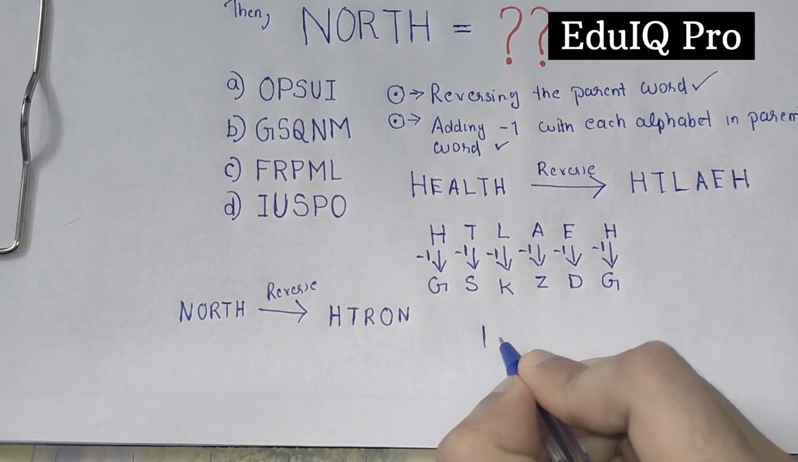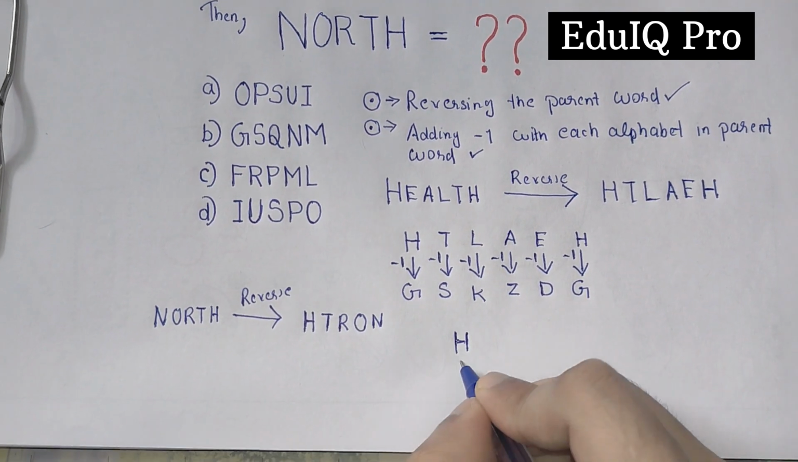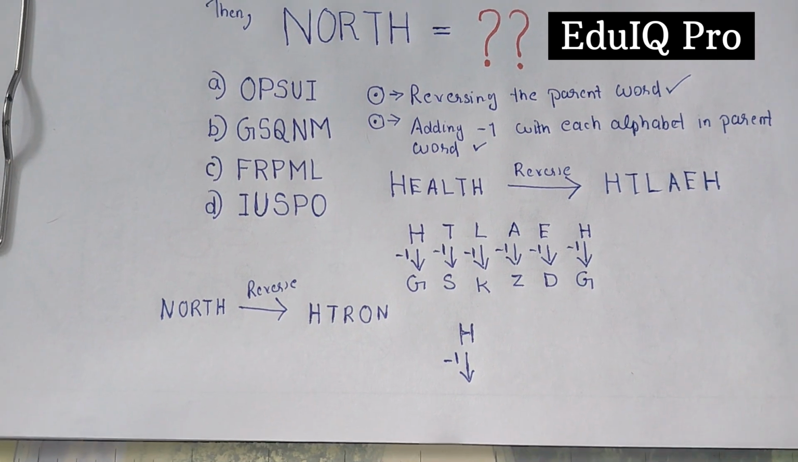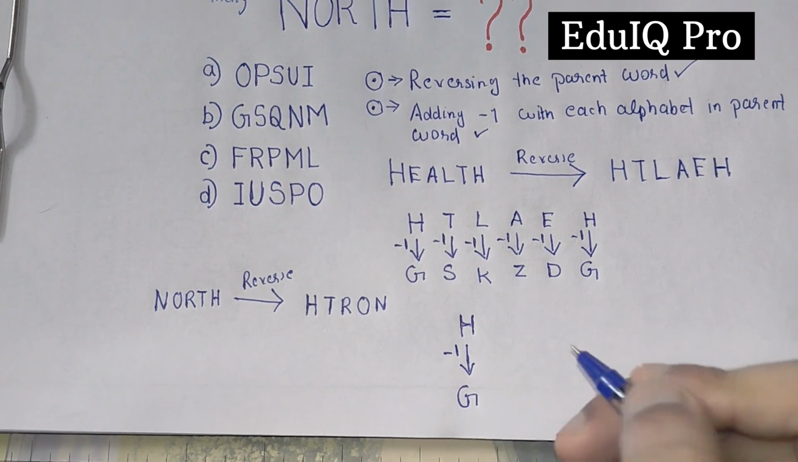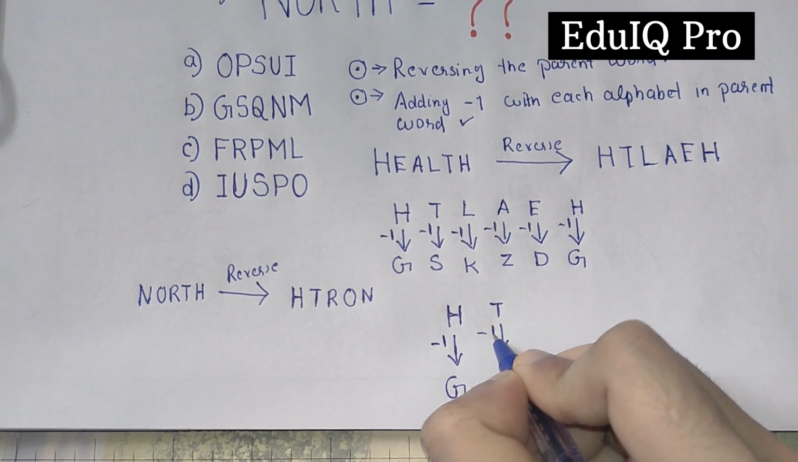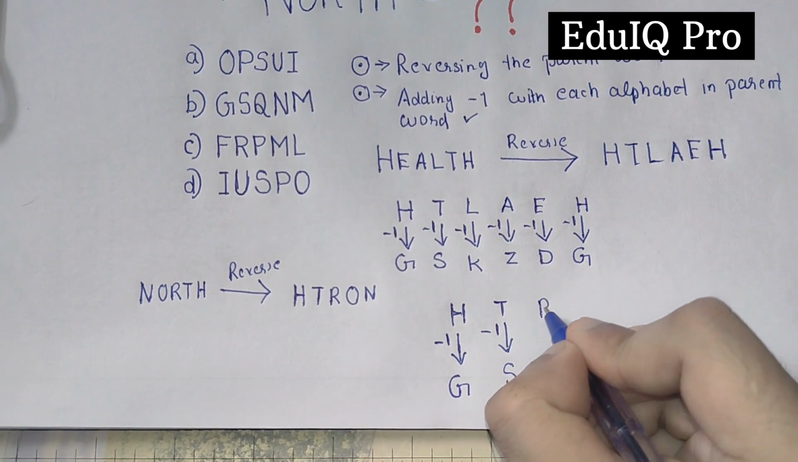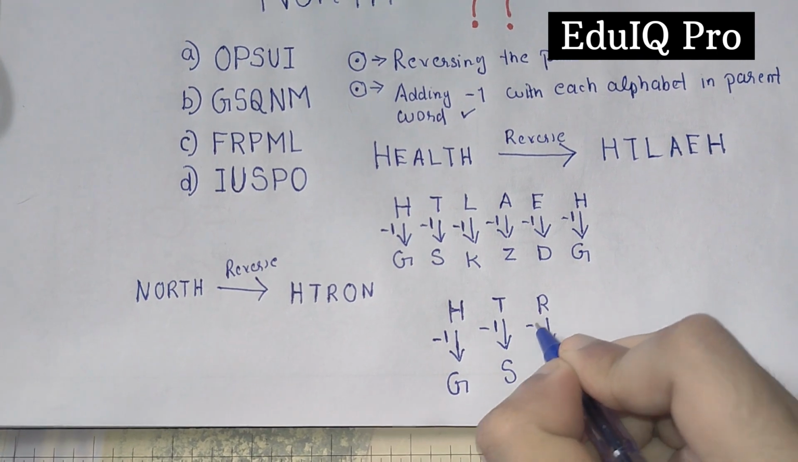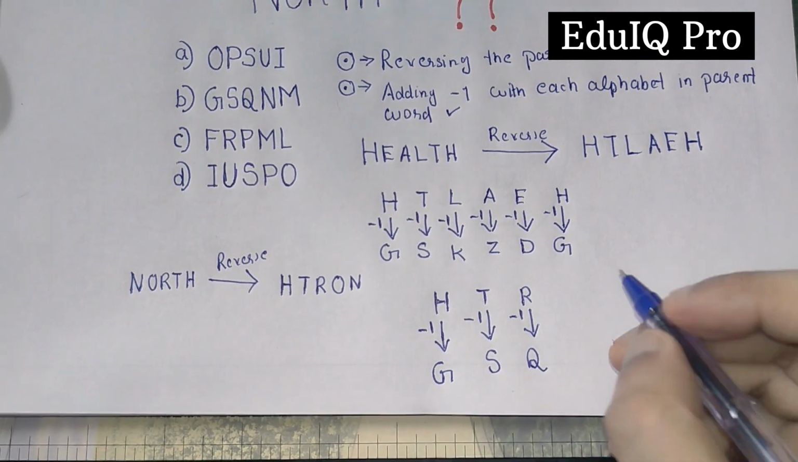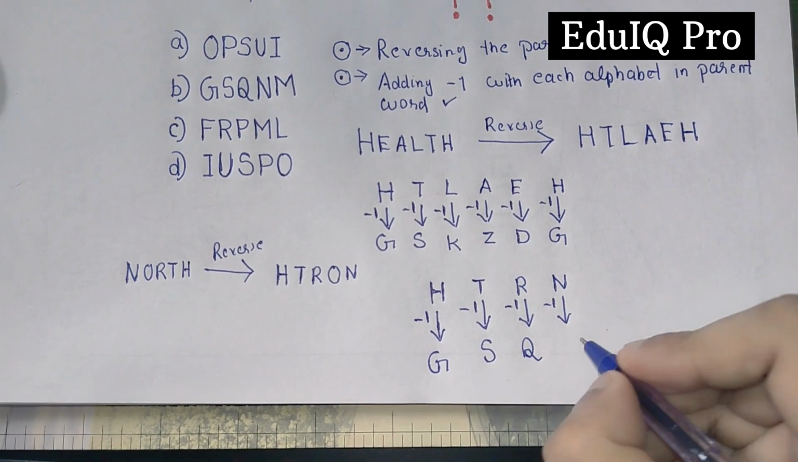After reversing, we have to add -1 to each alphabet. Take alphabet H, then adding -1 will provide the alphabet G. Next, taking the alphabet T and again adding -1 will provide the alphabet S. Next alphabet is R, again adding -1 will provide the alphabet Q. Next one is alphabet N, then again adding